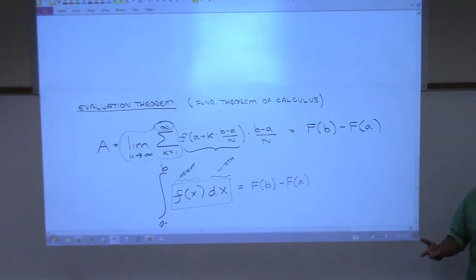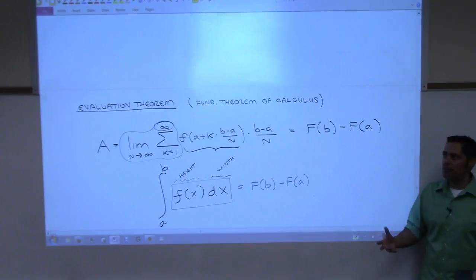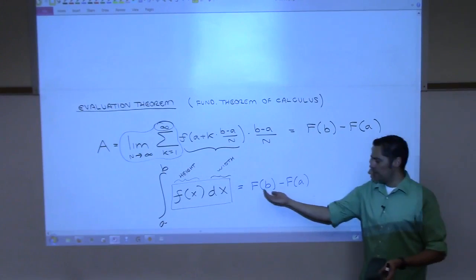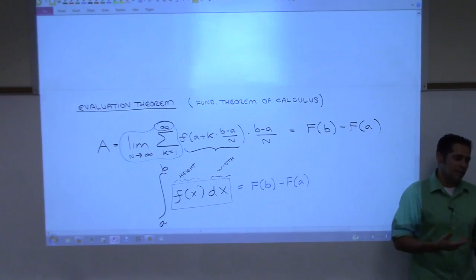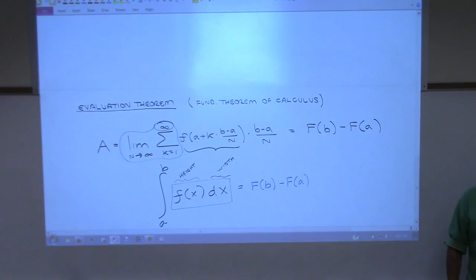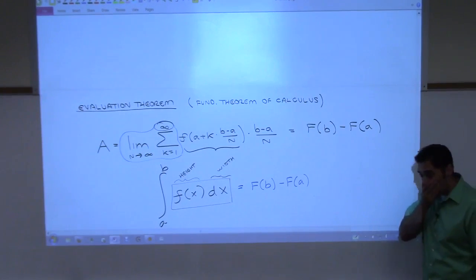And like I said before, if you look at the big scheme of things, finding antiderivatives of functions is not necessarily easy to do. It's not an easy thing for all functions. So what are they trying to prove